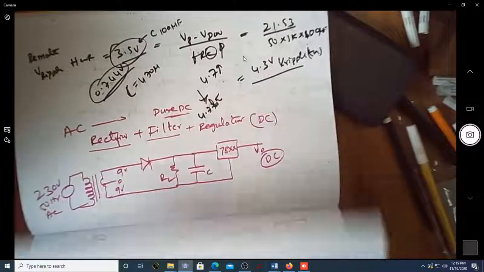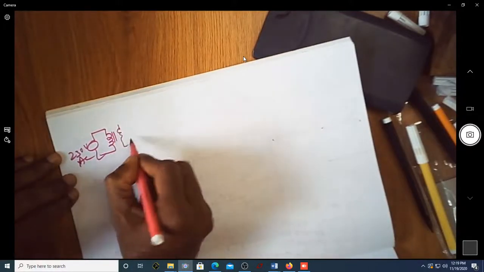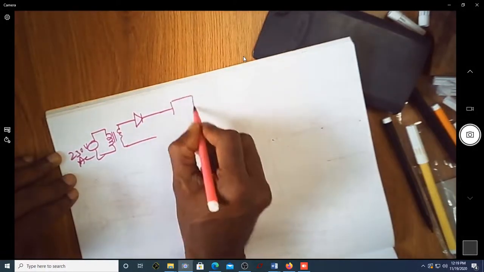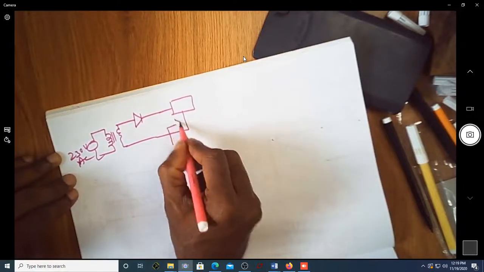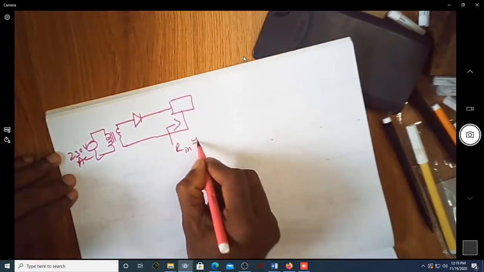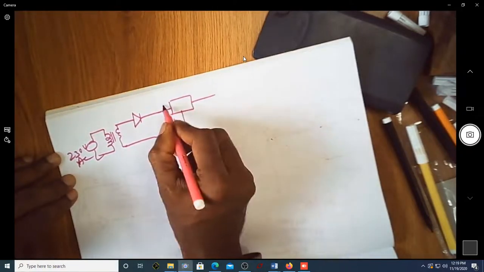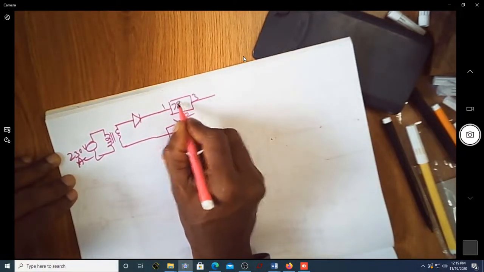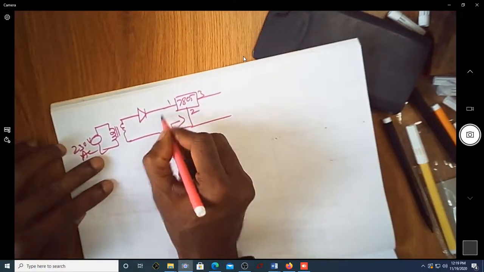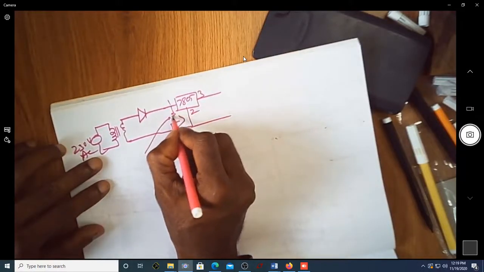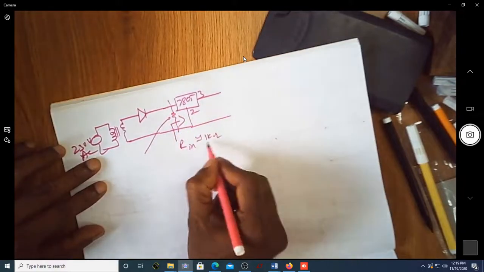So now we are talking about how we realize this in the remote lab. So we have again the 230 volt AC signal. You have a transformer, which is now connected to a regulator. You can see this regulator has got some resistance R in. Let us assume that is equal to 1 kilo ohm, and this is pin number 1, 2, 3. This is 7805. At this point you can effectively see there is a resistor in the form of R in.